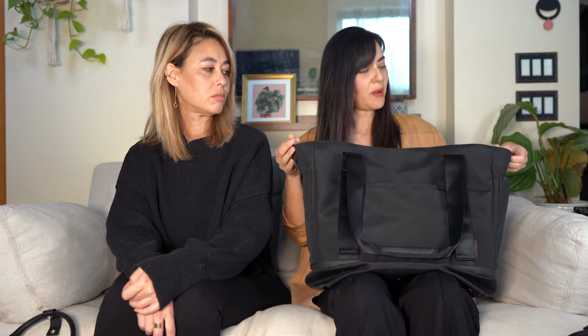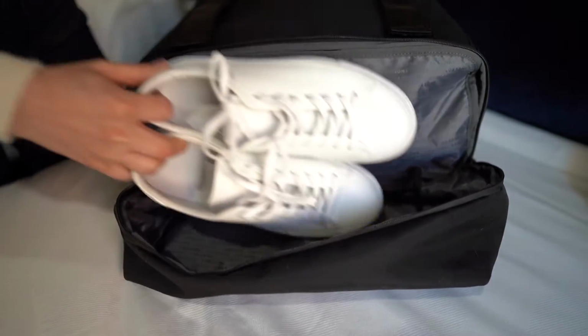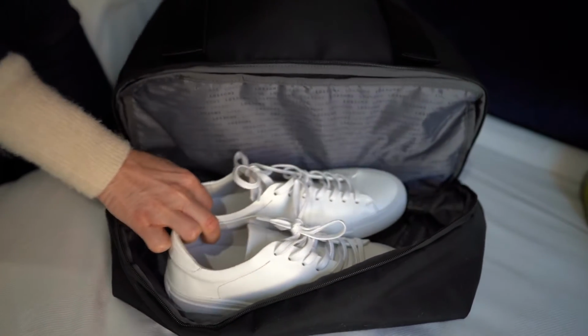When I first started using this bag, I was like, okay, it has pretty standard features where there's a pocket in the front. There are options to put a strap on it. I took off the straps because once again, I was putting it on my suitcase anyway, so I wasn't gonna use the strap. And also the bottom here has a separate compartment where you can store shoes or other miscellaneous items,